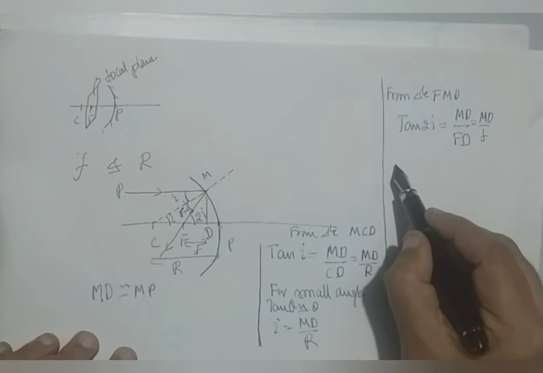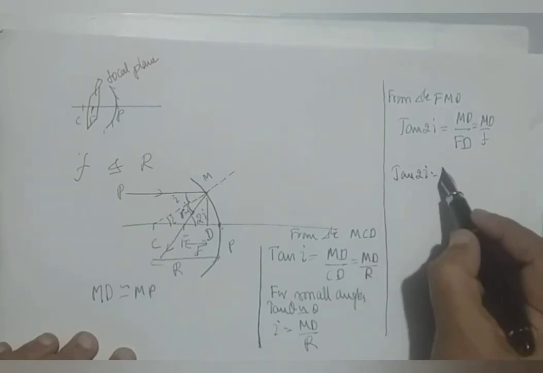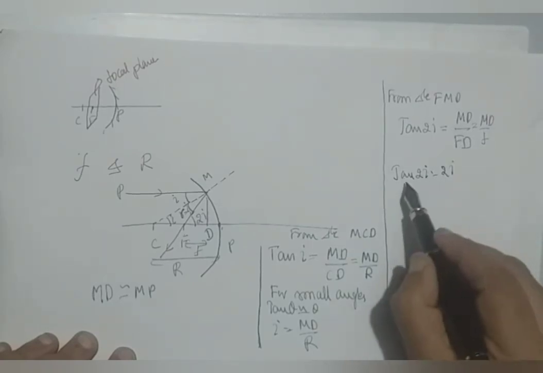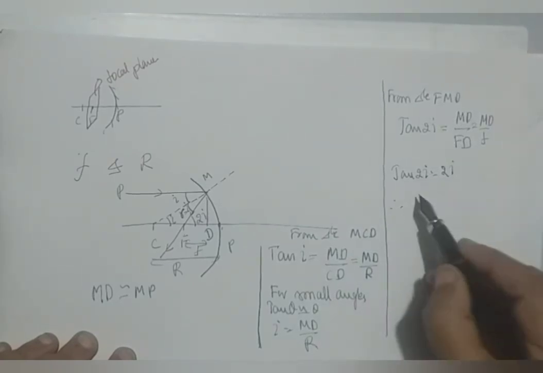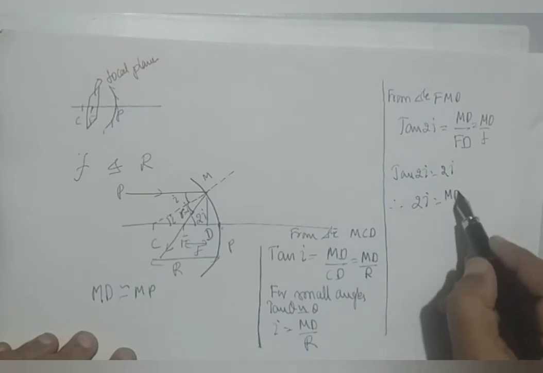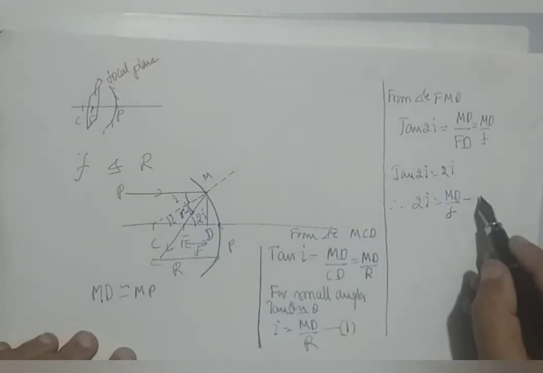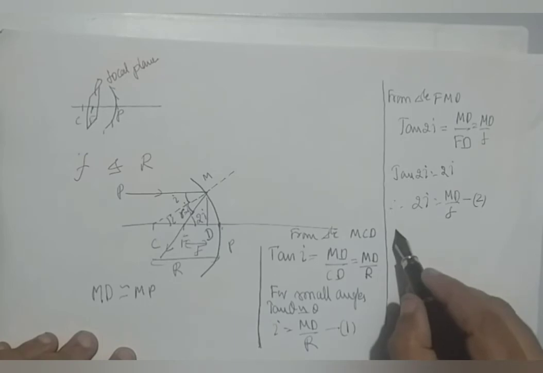For small angles again, tan 2I is approximately equal to 2I. Therefore, 2I equals MD by F. Say, if I call this as equation 1 and this as equation 2, from 1 and 2,